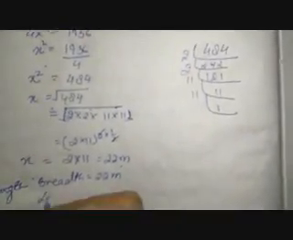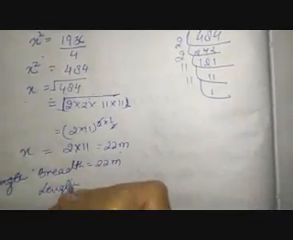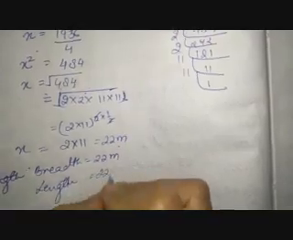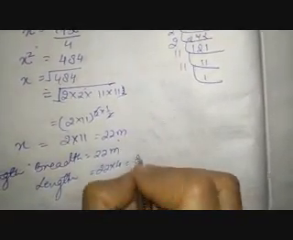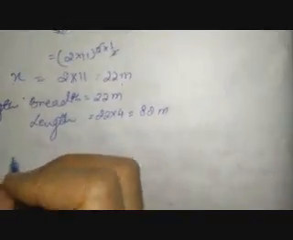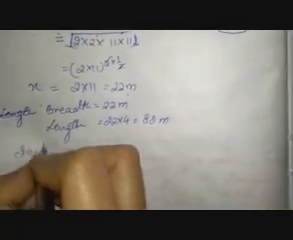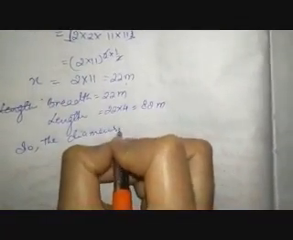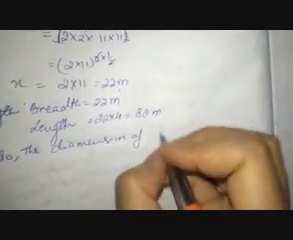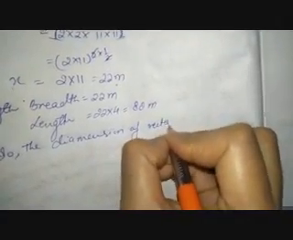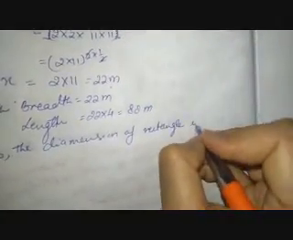Whereas length is equal to 4 into x. So length is equal to 22 into 4, which is equal to 88 meter. So I will write the answer like so. The dimension of the rectangle is